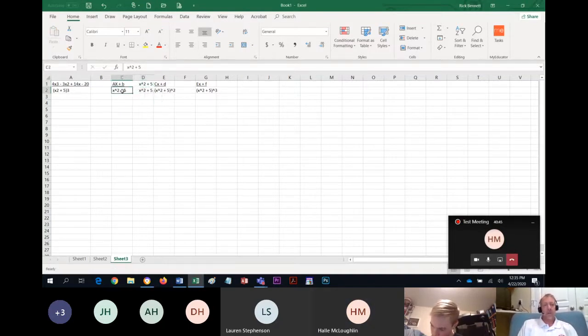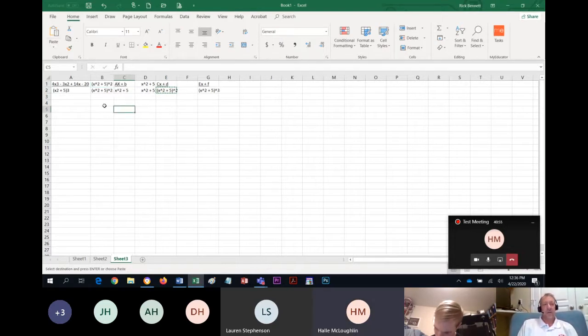What do I multiply this one by to get this? X squared plus 5 squared. Okay. So I'm going to FOIL out this x squared plus 5 squared before I multiply it by the ax plus b. So this is going to become x to the 4th plus